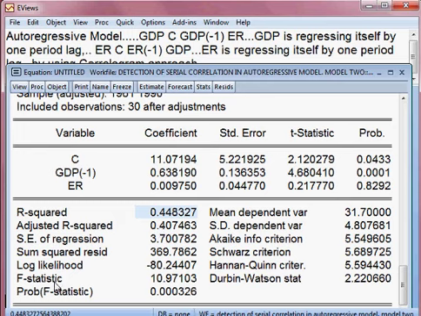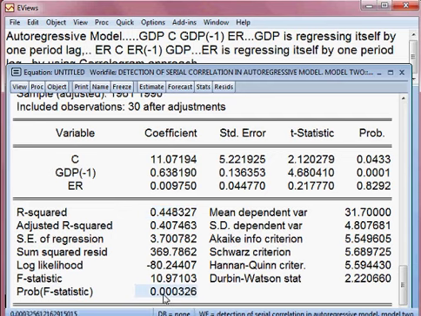But the thing is that the F statistic and the corresponding probability value is significant. You can see the probability value is less than 5%, meaning that although the R squared value is low, but